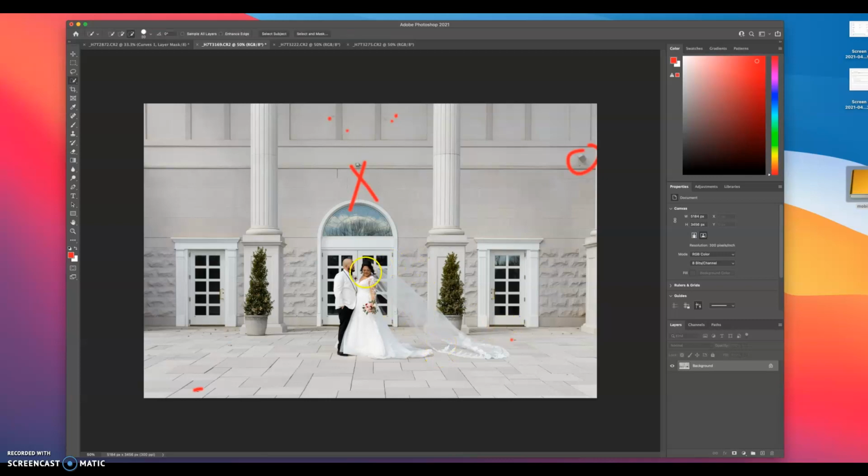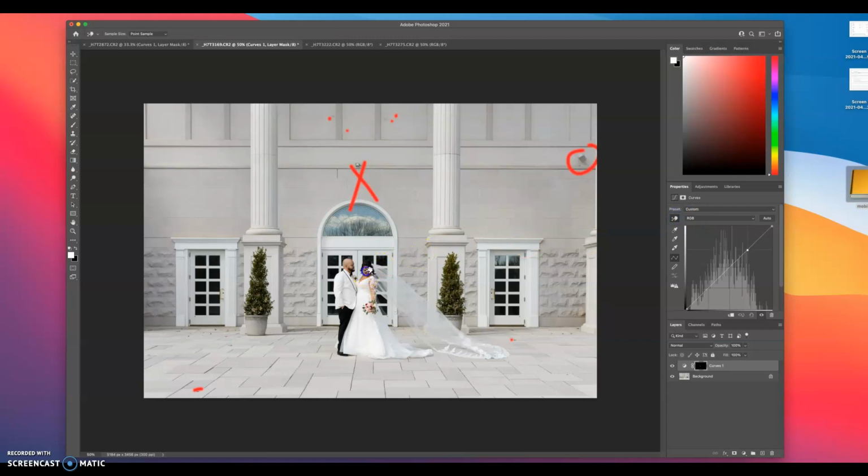Again, here what I can do is I can select the faces, right? I can select the faces. I can create a curves adjustment layer, and I can do a little bit of light. I can add a little